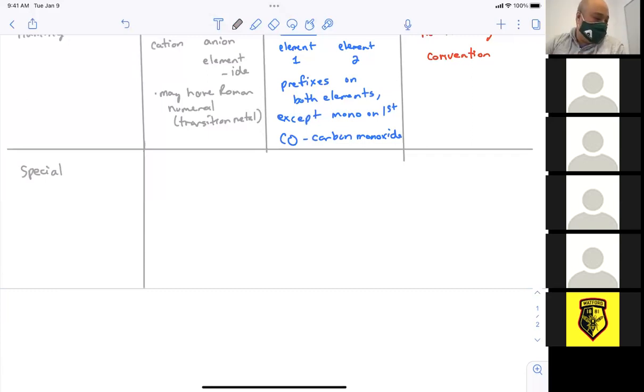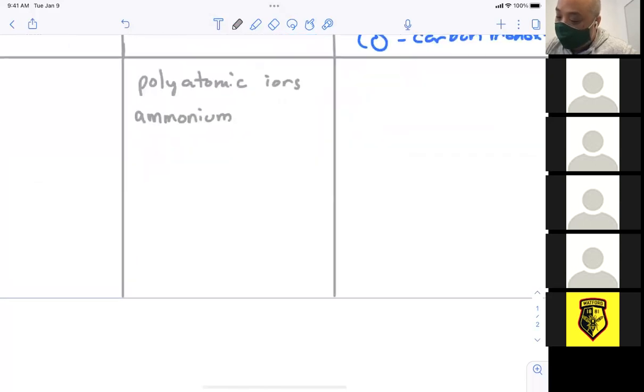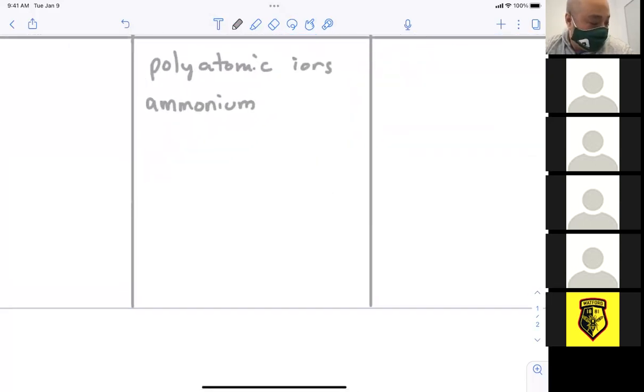So ionic, you need to know polyatomic ions. There are 10 the IB specifically says you need to know. Those are ammonium, hydroxide,